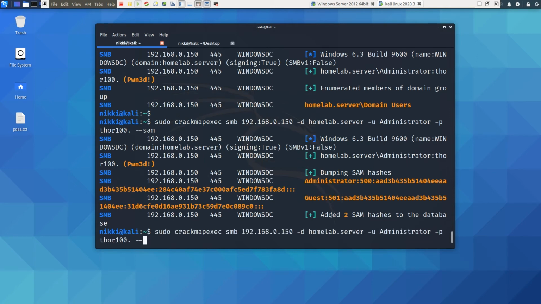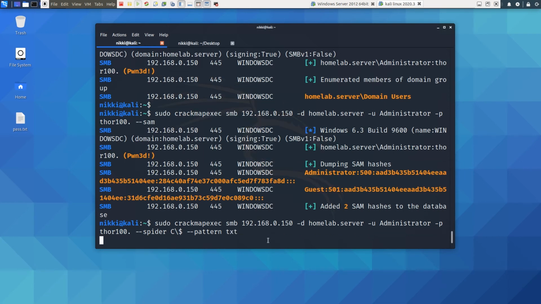What we're going to do now is spider. In this spider we need to specify the directory from which to search for the files. You need to say C, and after C you give the pattern. Suppose I want to search for text files, and now hit enter.